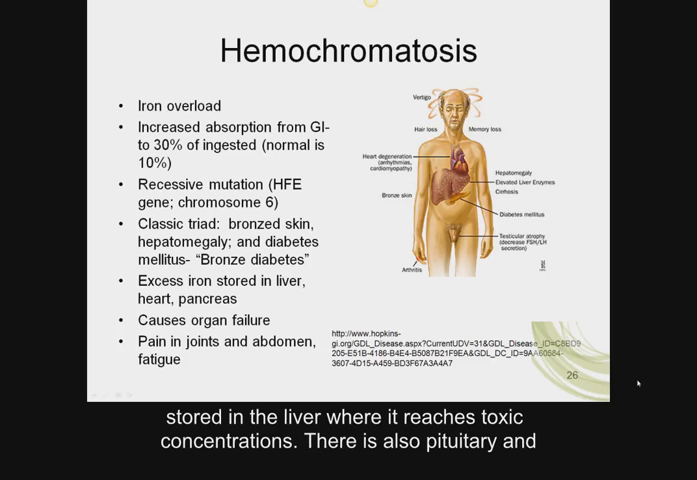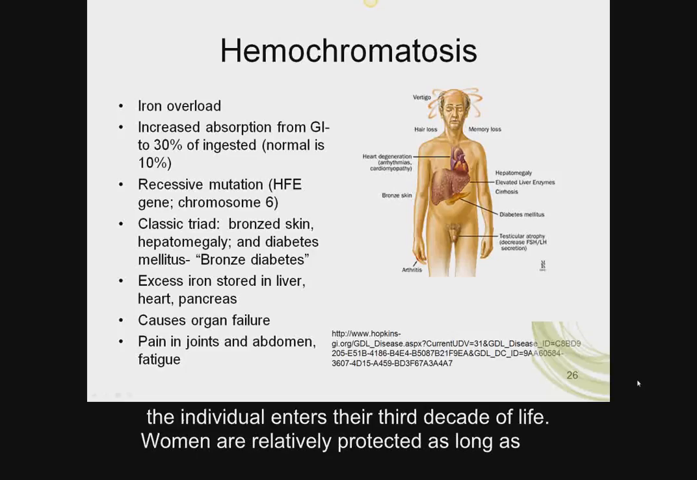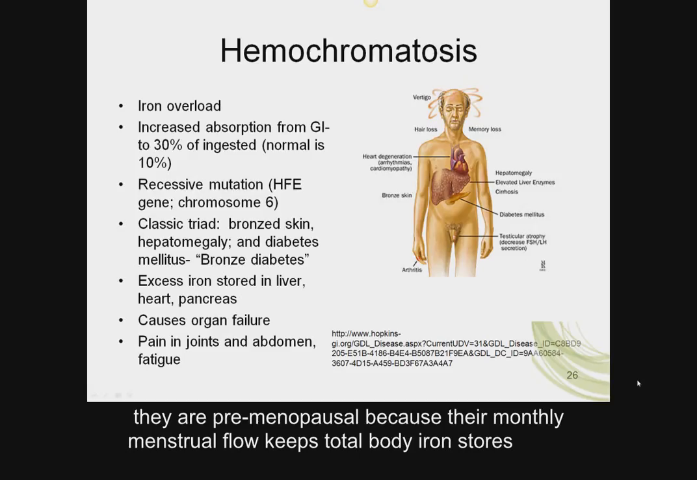There is also pituitary and gonadal failure and arthritis. That would be the pain in the joints that I was telling you about. The disease hardly ever becomes apparent before the individual enters their 3rd decade of life. Women are relatively protected as long as they are premenopausal, because their monthly menstrual flow keeps total body iron stores